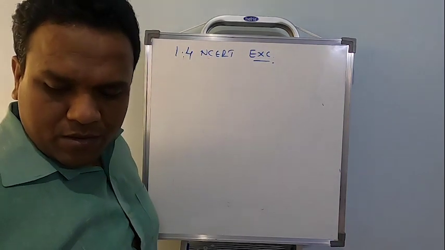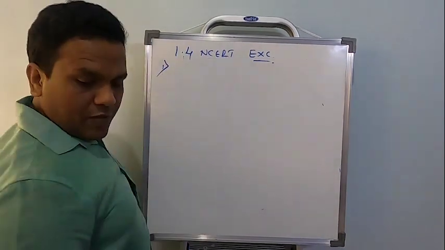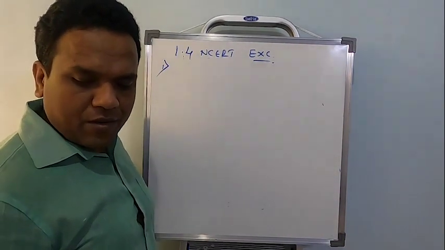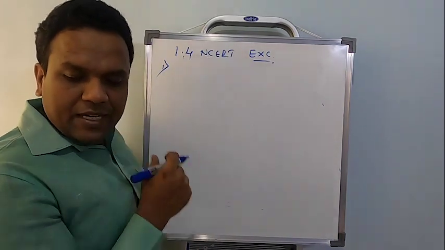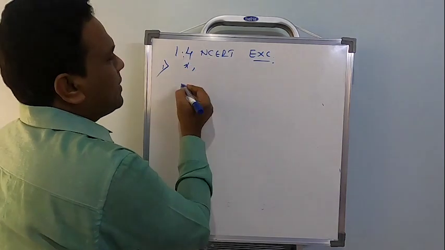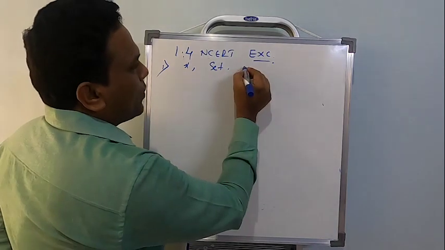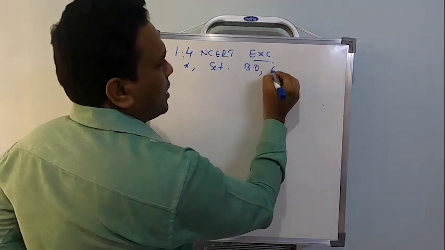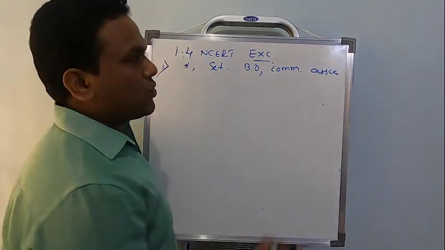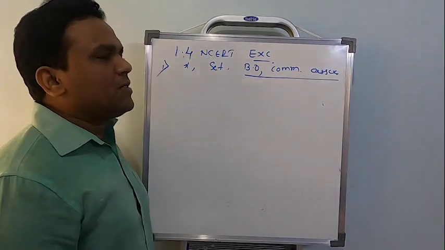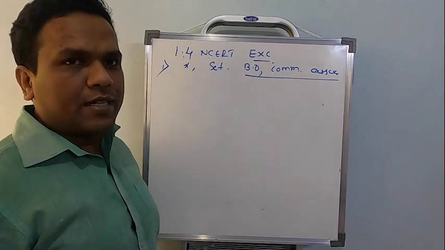It's on page number 30. Under the first question there are 5 problems. What we have to verify in all the 5? They will give an operation star defined on a set. On this you have to check whether it is a binary operation, then check for commutative, then check for associative. So I should verify for all the 5 problems 3 things: binary operation, whether it's commutative, and whether it's associative.